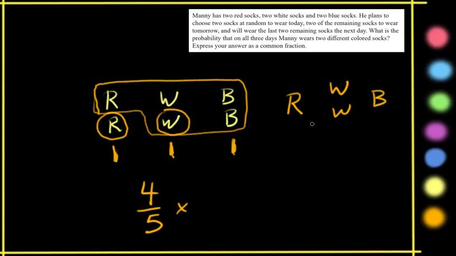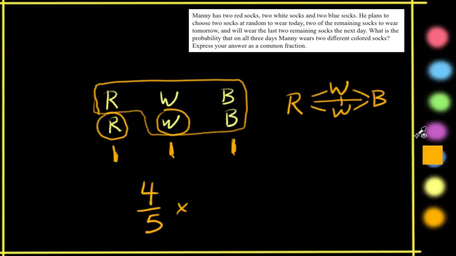And so he's going to pick 2 of these. He might pick these 2, he might pick these 2, he might pick these 2, he might pick these 2, or he might pick these 2, or he might pick these 2. There's 6 possibilities there for the pair of socks that he will pick. And in 2 of those cases, well, let's think about how many of those cases will be mismatched. Well, we really got to think about the last 2 days together, I guess, because